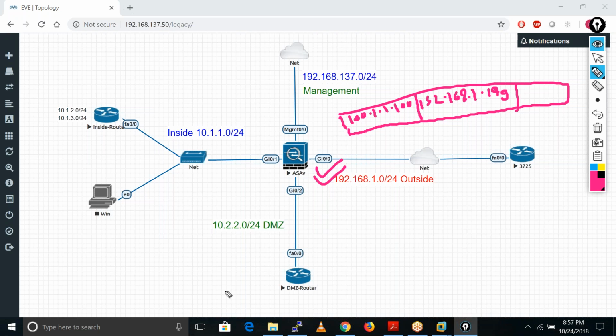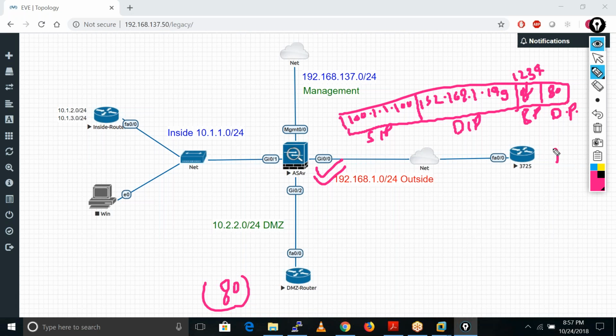Let's suppose our service is running on port number 80 for the DMZ. So this is the source IP, this is the destination IP, this is the source port, let's suppose 1234, and the destination port is 80.